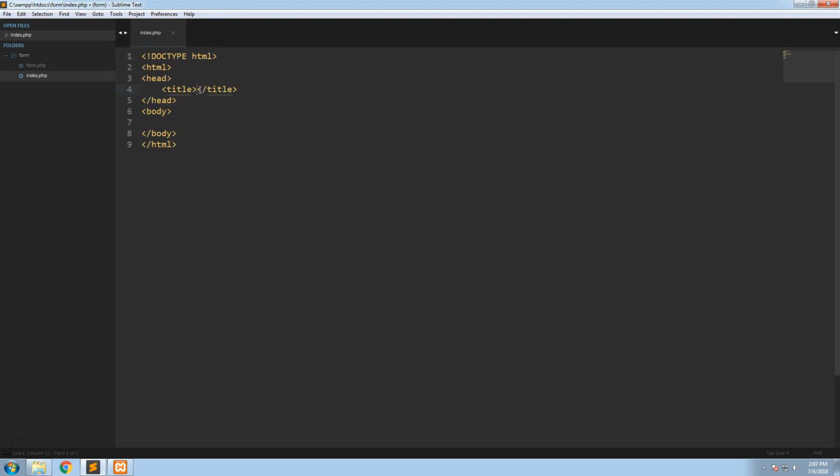Now we'll set up a basic HTML document and we'll call it my form. Now in this form we want to know the name of the person, their email, their phone number, and maybe a bit of text that they can type as an inquiry. So if we do input type equals text, and the name will be name,